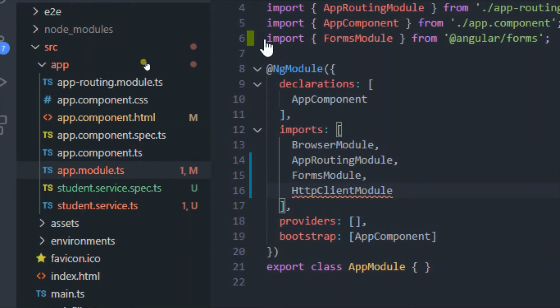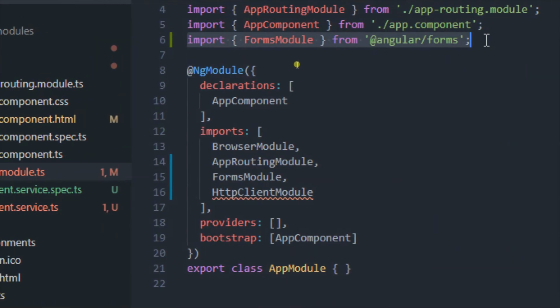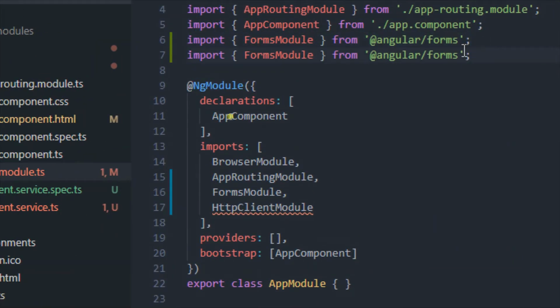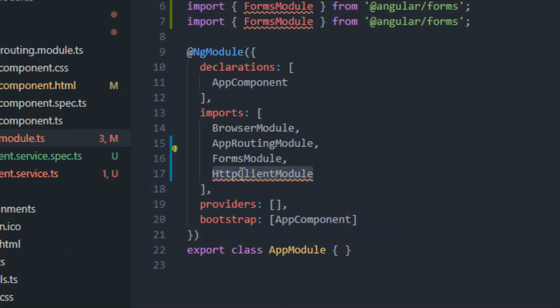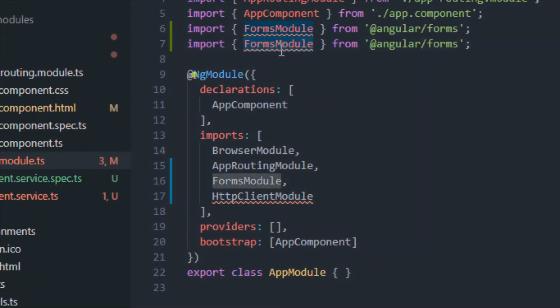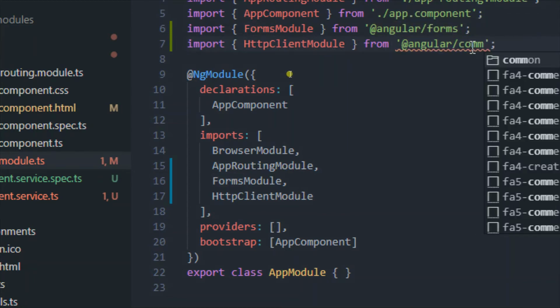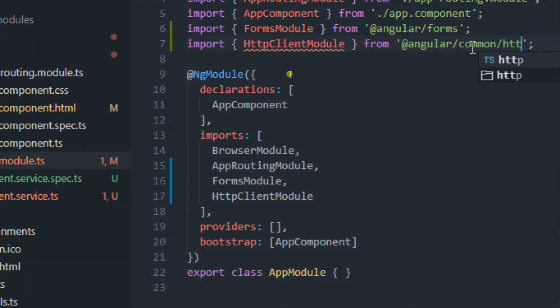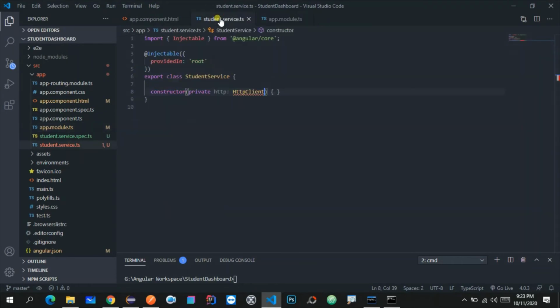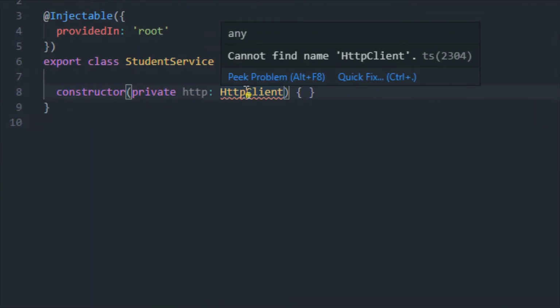So let me copy this import line and paste it, and let me copy this HttpClientModule over here, and let me change these values like @angular/common/http like this. Now let me save this file, and let me go to the service again, and let me try to import this. Now here as you can see it is able to import.